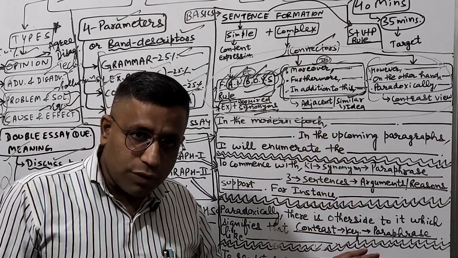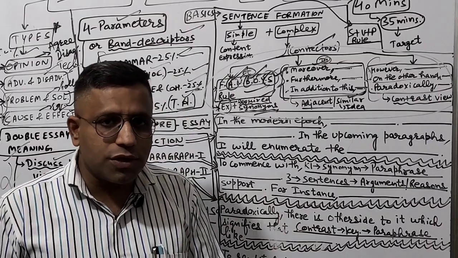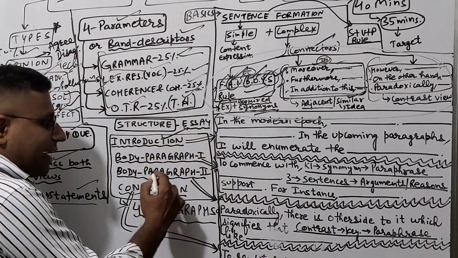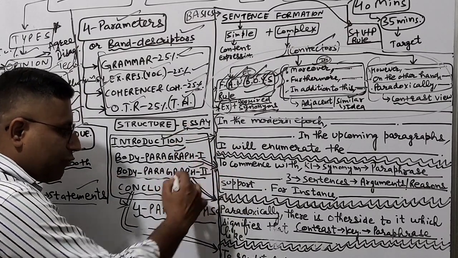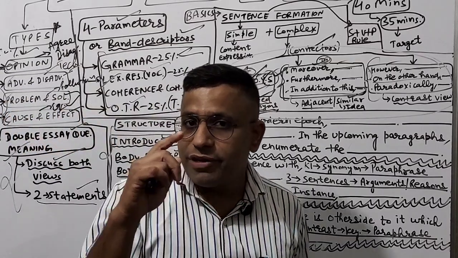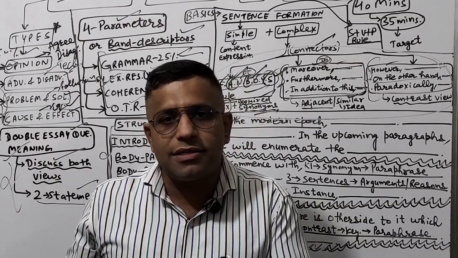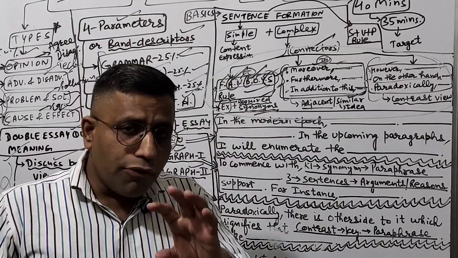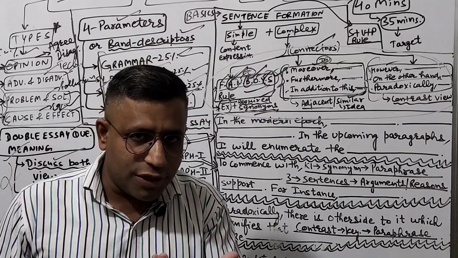See, this is the last part of this video, that is the structure of the IELTS essay, or randomly any essay as well. It comprises mainly 4 paragraphs. First is the introduction, second is body paragraph 1, so that is the second paragraph. Next is body paragraph 2, last is the conclusion. So 4 paragraphs in the IELTS essay will suffice. You can write 5 also. There is no hard and fast rule given by the IELTS exam conducting body. But 4 paragraphs, by crossing the 250 word limit, make a good essay also.